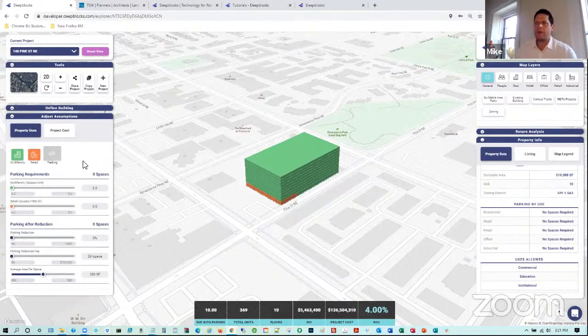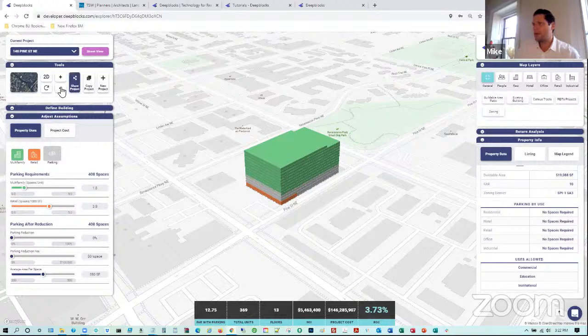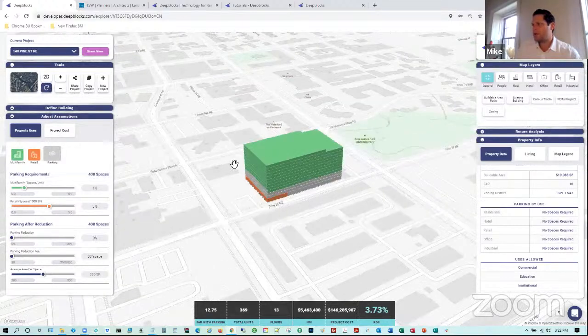Now, most zoning will make you have parking requirements based on residential and retail. So for this particular example, I'm going to do 1 space for multifamily, and we're going to do 3 per 1,000 square feet for retail. And you'll notice the gray that pops up here on my screen will represent that parking, which shows up right